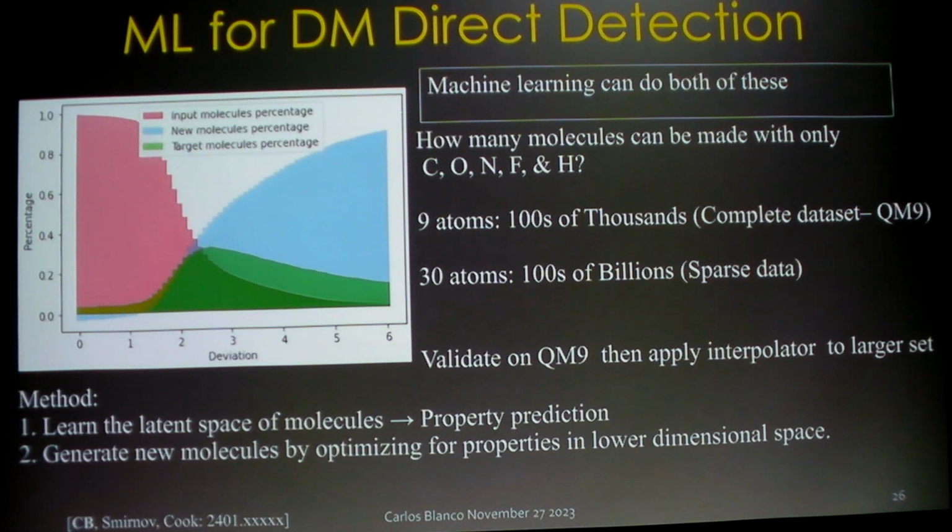what we do is we put in a data set, a subset of QM9, right? And that's the red. And we ask, generate a bunch of molecules. And so as a function of this order parameter, we generate essentially all the data set and only from that subset. And as we increase it, we start generating far less of what we trained on and far more new molecules and far more molecules that belong to the rest of QM9. Now, new molecules here really just says molecules that are not experimentally viable. And the fact that the machine can tell the difference between these three populations means that it's really learning chemistry. It's pretty beautiful.